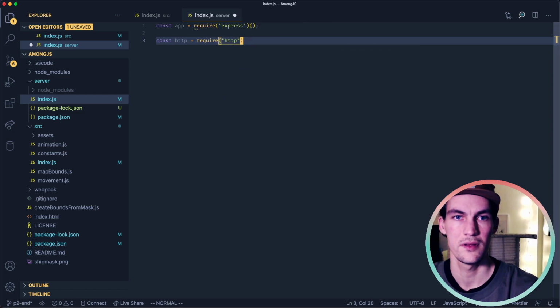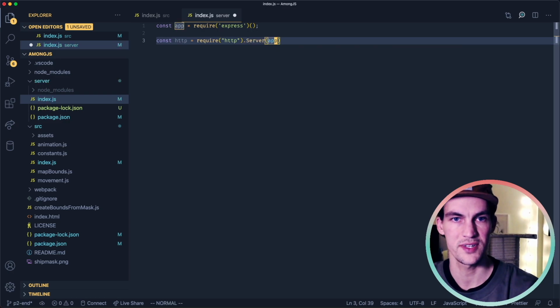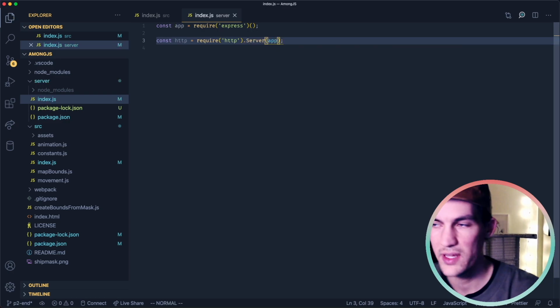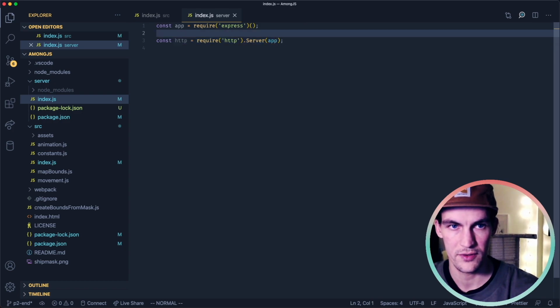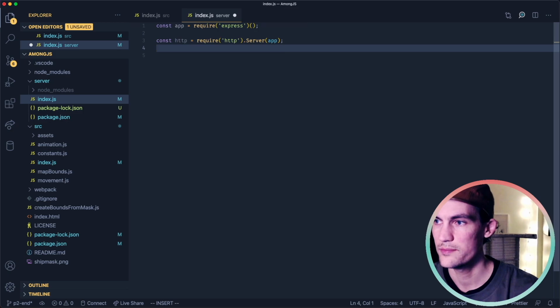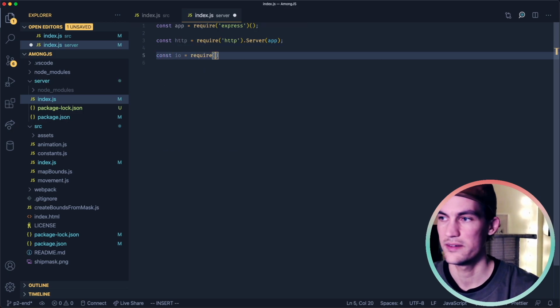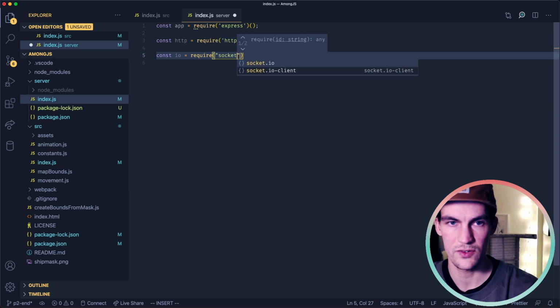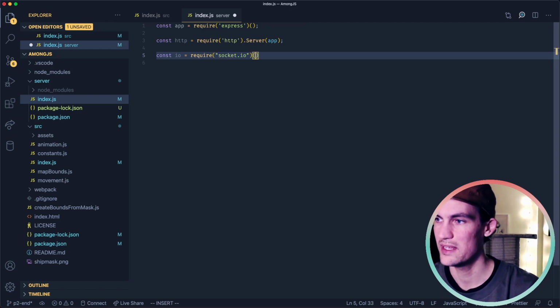We pass in our Express app to the HTTP server, and now we can import socket.io, require socket.io, and we call it immediately. We pass in our HTTP server.